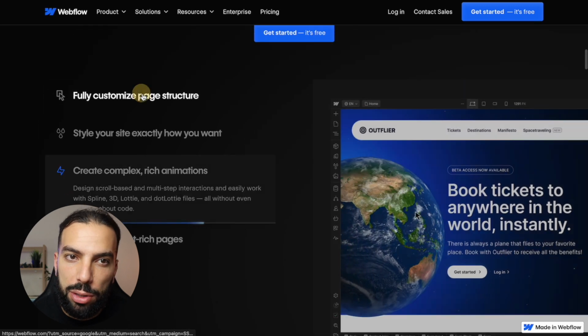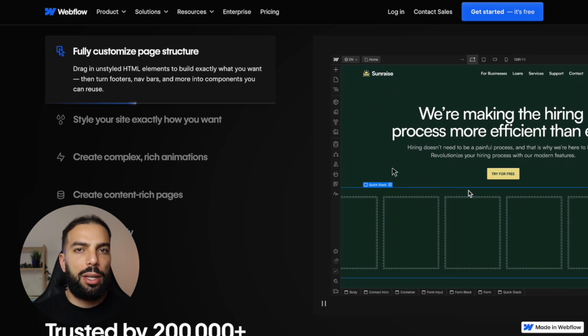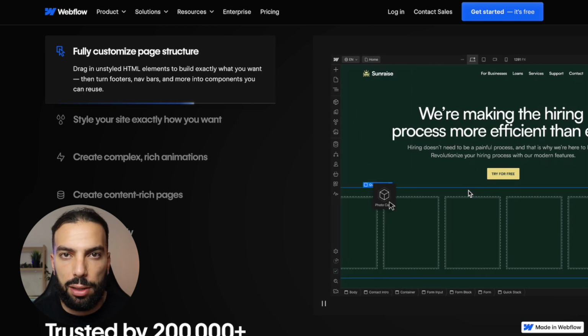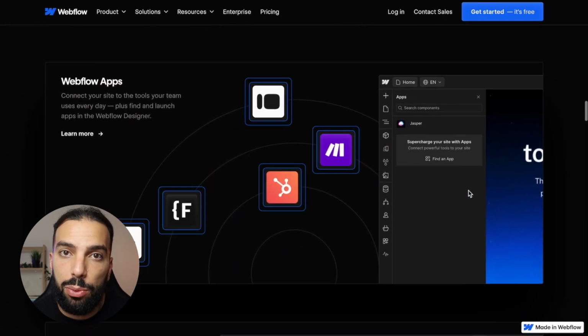So the thing I like most about Webflow is how visually appealing you can make the websites look, while keeping them at a very high professional standard at the same time. So it gives you the best of both worlds. Now, some of the key features that I want to mention with Webflow: the visual design editor is probably their